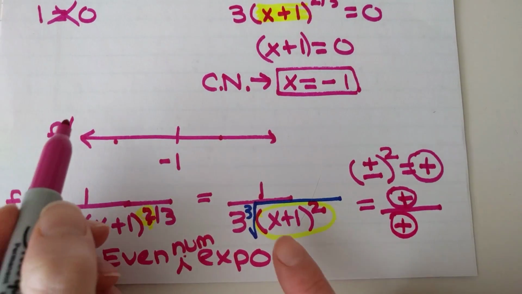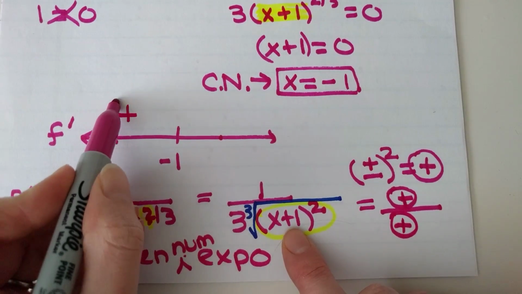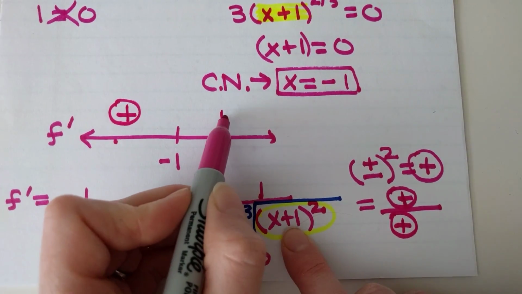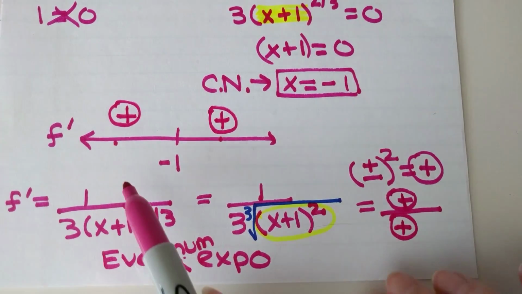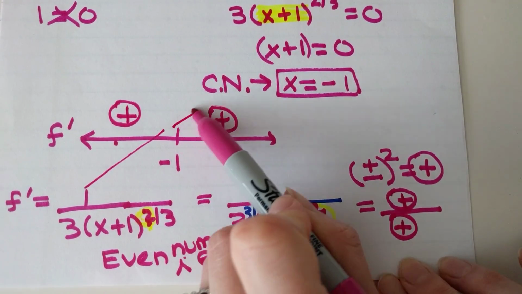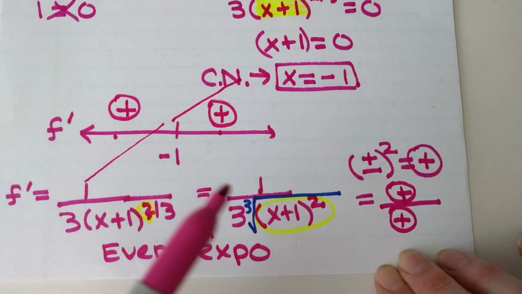And again, you can verify this. If you plug in -3, you are going to get a positive. If you plug in, let's say 0, you are going to get a positive. So what that tells us is that we are going up, and then we continue to increase. And so for that reason,